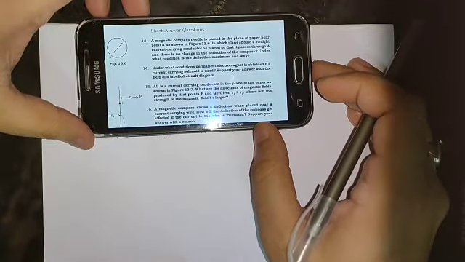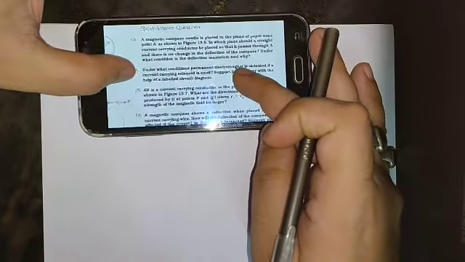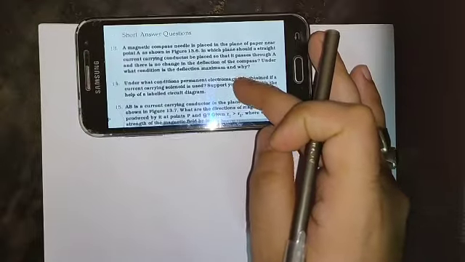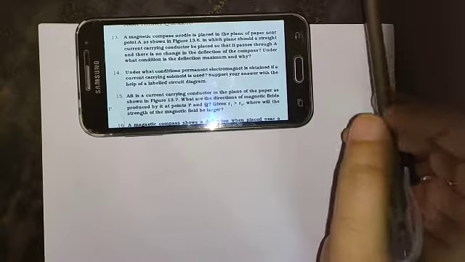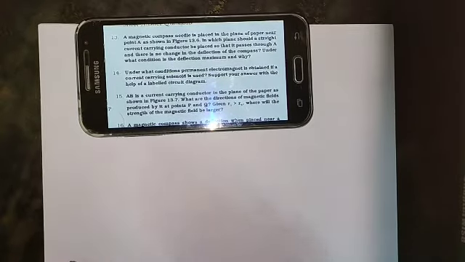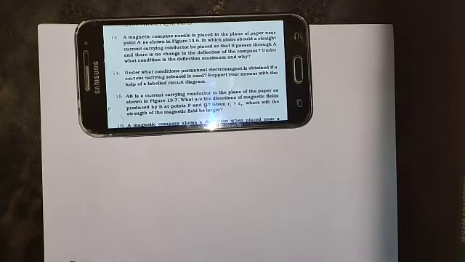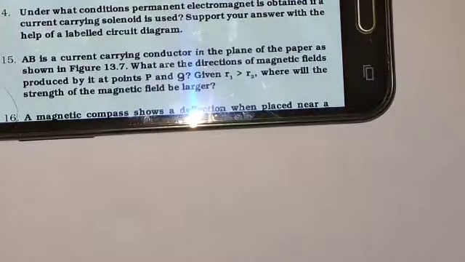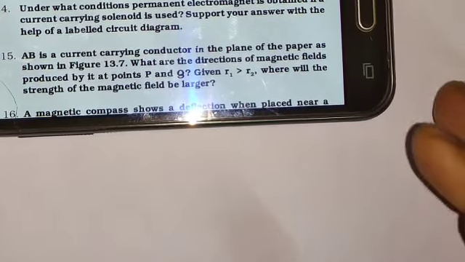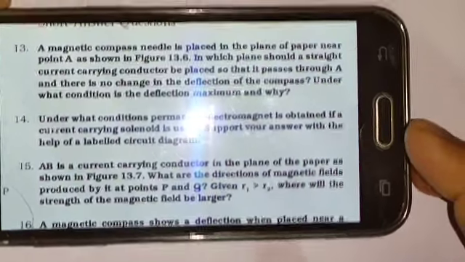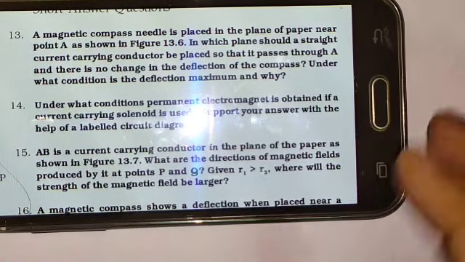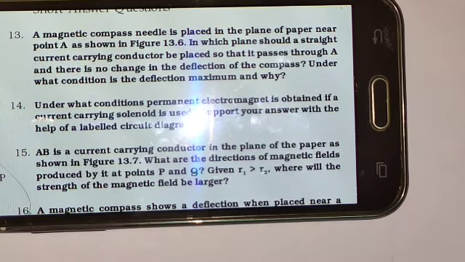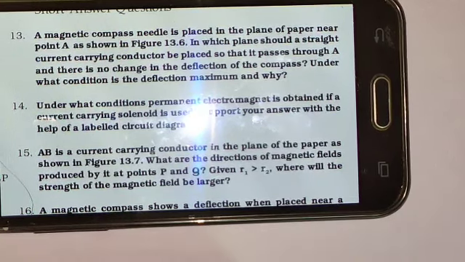So the first question which I am going to discuss with you is, today I am going to discuss the NCERT exemplar problems of this particular topic. I hope all of you will understand it and definitely enhance your understanding of solving these types of problems. The NCERT exemplar is a very good book of problems. So let us start. I think you are able to see the question easily.